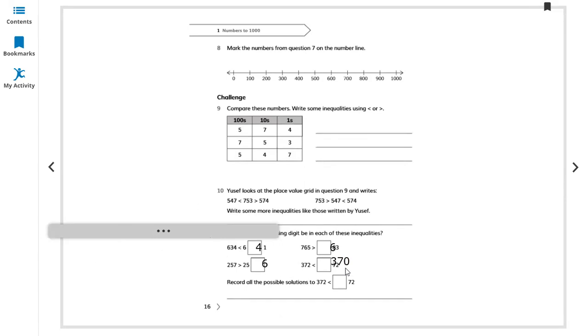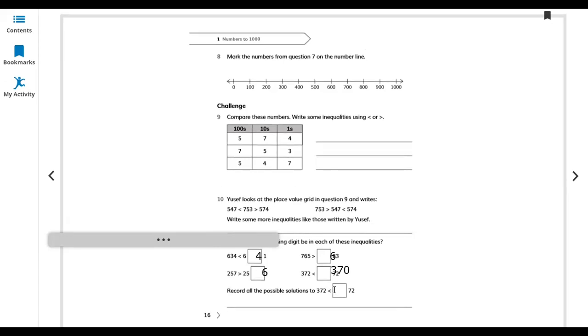Let me write it. So 372 is 272. Again, write. After this, if you are moving to the next page,